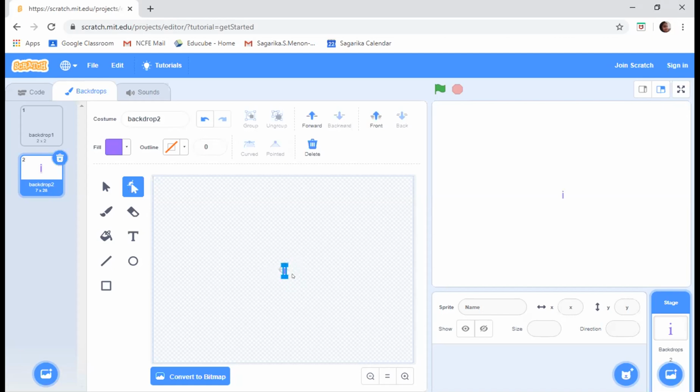Can you? Is anyone else able to make that big or not? Sir, I'm not able to get the letter. Yes, sir, I'm able to. Okay, so Rakshita, you have to go to the text one, then you have to click. I got it. Sir, I can't. No one is able to.